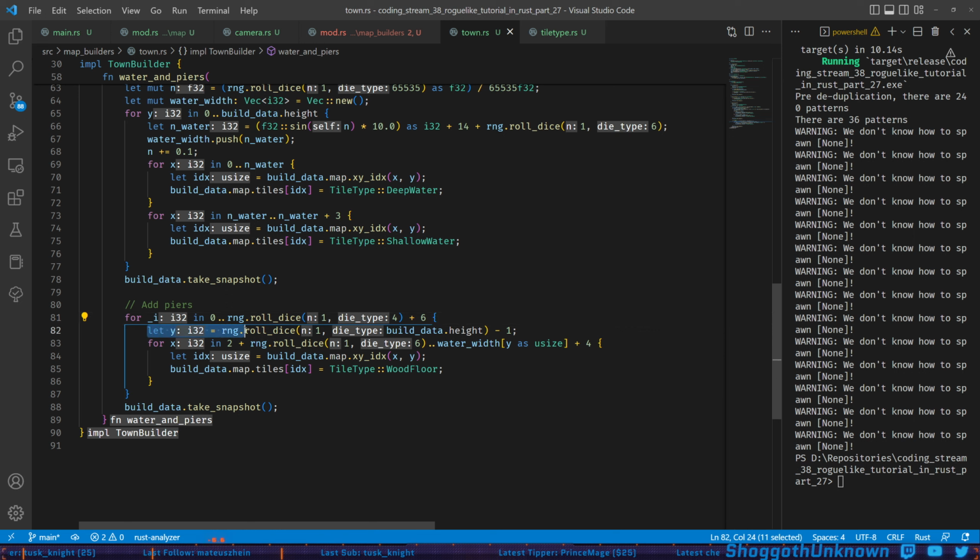So then this y value is... yeah, we just randomly pick a row from 1 to the map height minus 1. We're accounting for the border of the map. And then let's see this loop here. For x in 2 plus a 1d6, so a minimum of 3, to 8,